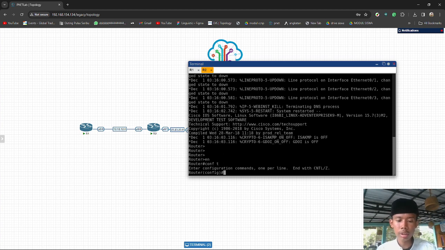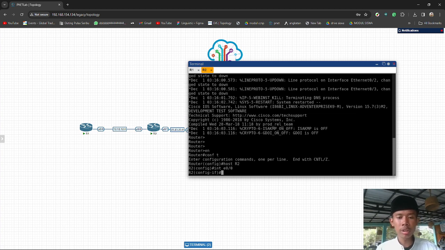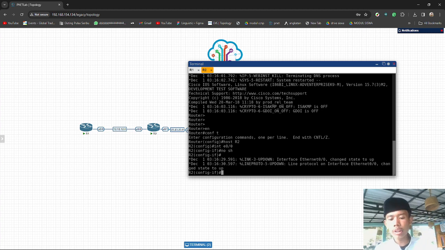The first step is to make sure you do the hostname configuration. Then go to interface E0/0, no shutdown, to activate the interface and give the IP address.